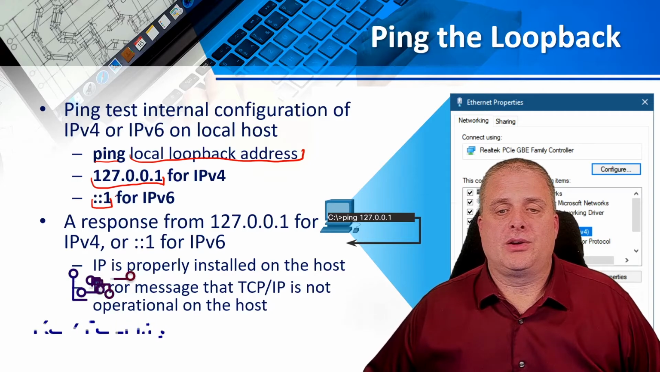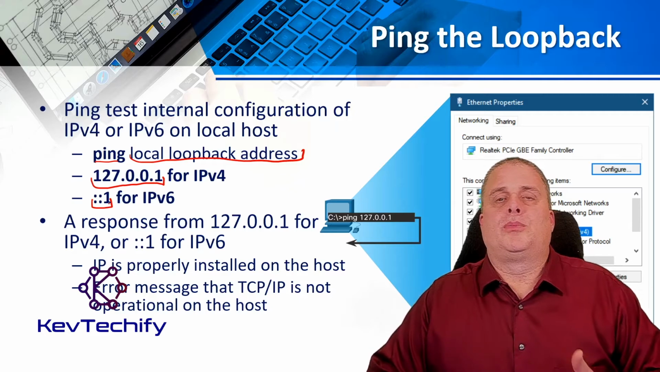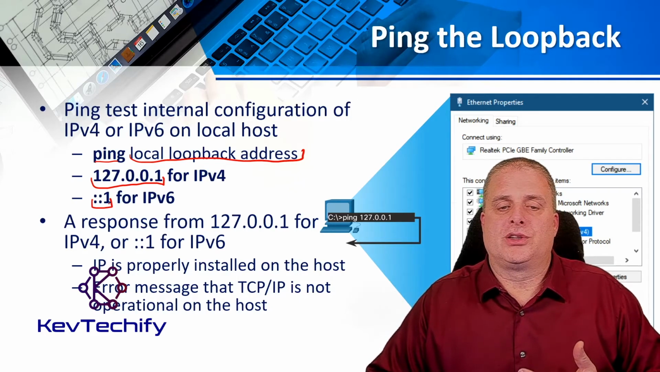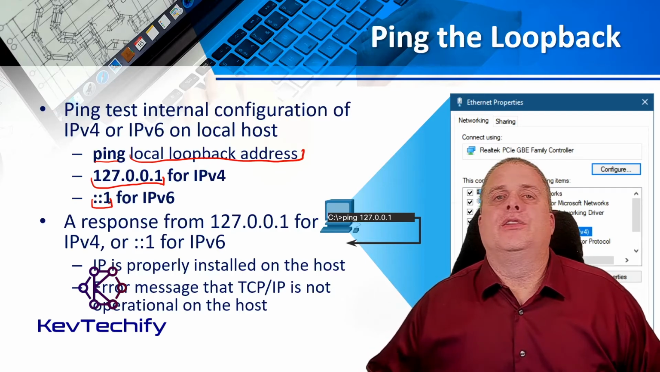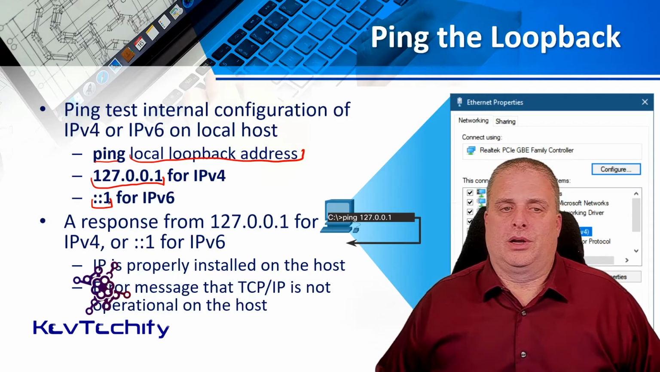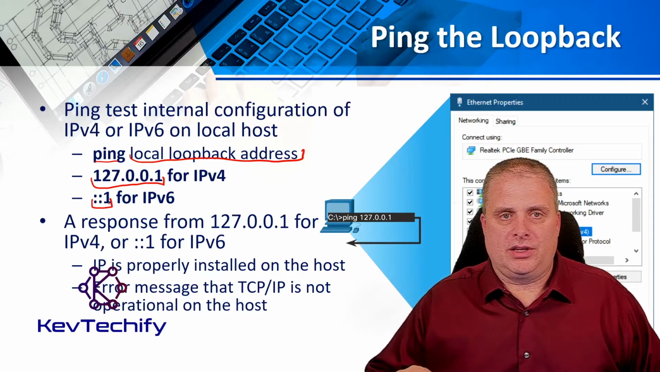You ping those addresses, and what that shows you is IP version 4 is properly installed. IP version 6 is properly installed and configured. A lot of times when I type in an address, I'll invert 2 numbers. And with those 2 numbers inverted, everything doesn't work. And so I go back and I ping my loopback address to make sure everything's good, and then I ping